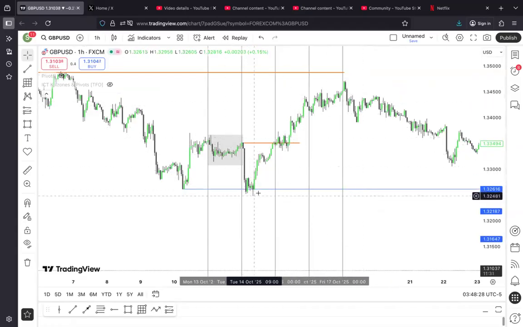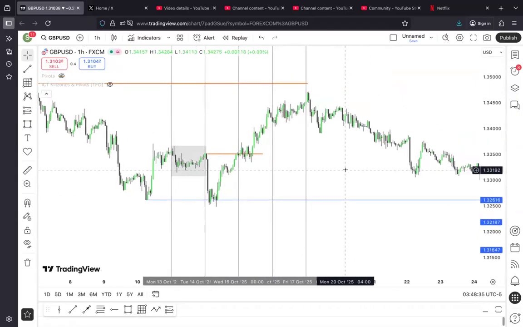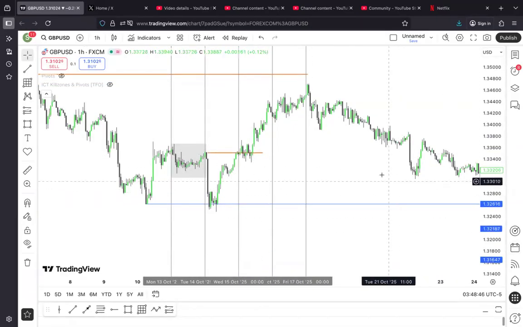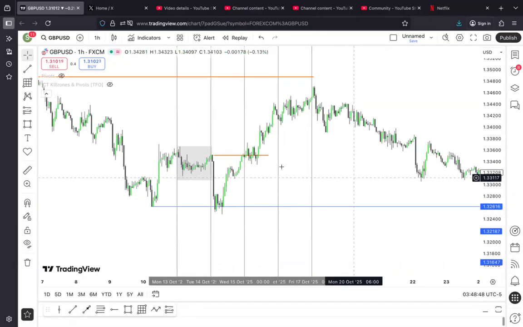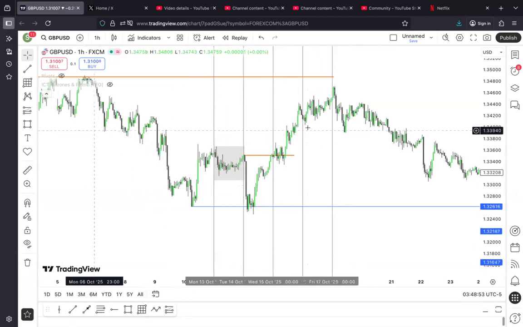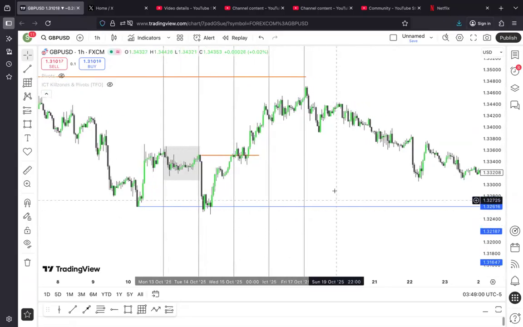So on Tuesday, we have low of the week, and on Wednesday, see, this is Wednesday's low. It did not come near Tuesday's low. And like I said, if you're bullish for the week, you don't want to expect price to come below Wednesday's low. Or you just wait for your OTE entry opportunities, optimal trade entry opportunities, you join the market and continue to buy. And of course, keep your eyes on what draw on liquidity on your higher time frame. You have some internal eyes here. That's very essential. You must have established your draw on liquidity.